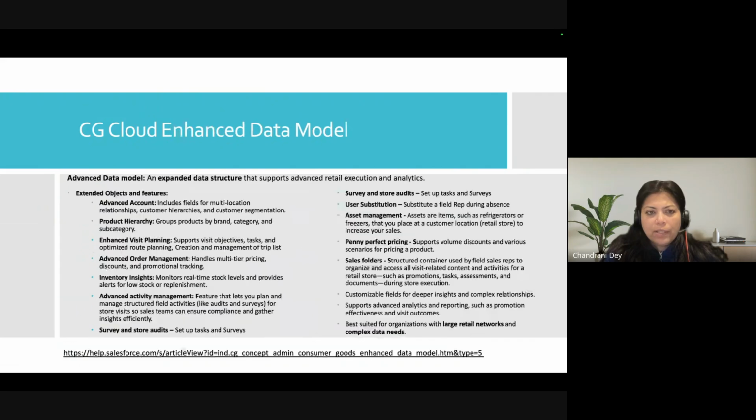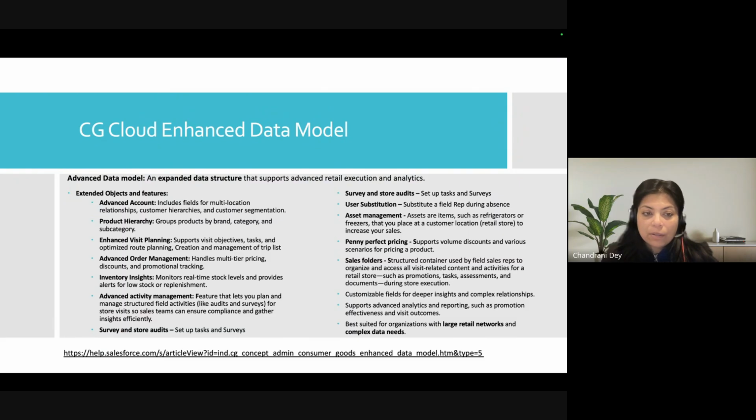And if we go to the enhanced data model next, what we will see is that the advanced or enhanced data model is an expanded data structure, and it supports advanced retail execution and analytics. So what are the extended things that it has? It has advanced account, which includes fields for multi-location relationships, customer hierarchies and segmentations.